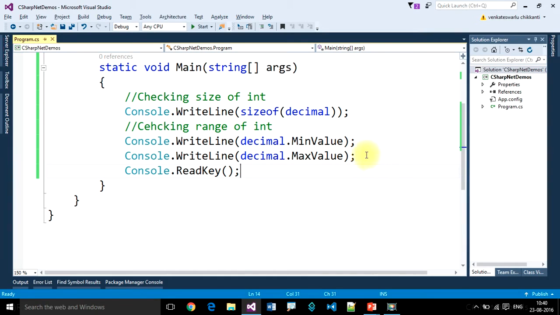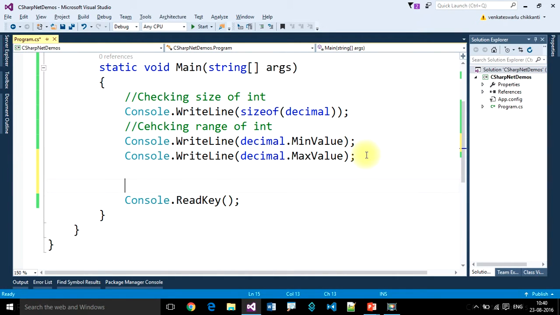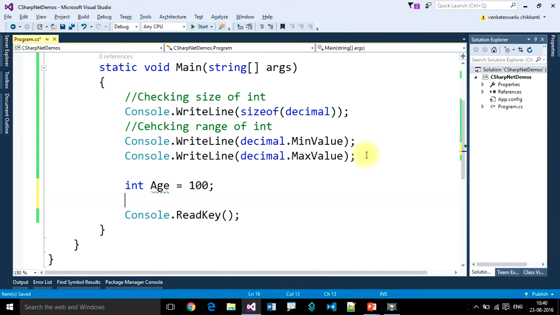Let's create one variable, int age equal to 100. See that? It is valid. If I want to store some string value, it won't allow, because integer will store only integer type of data. But in case of object,